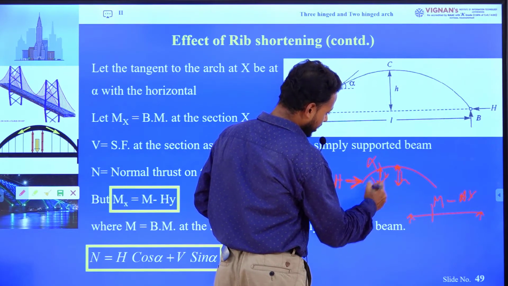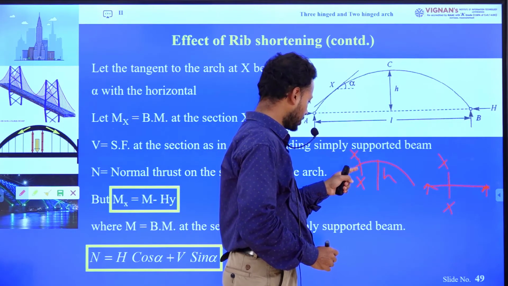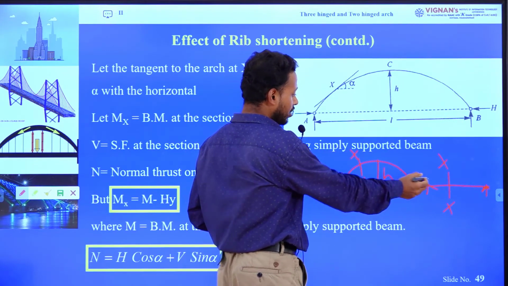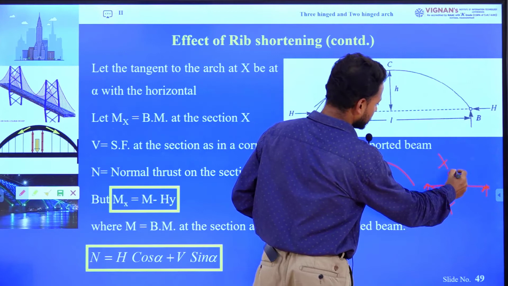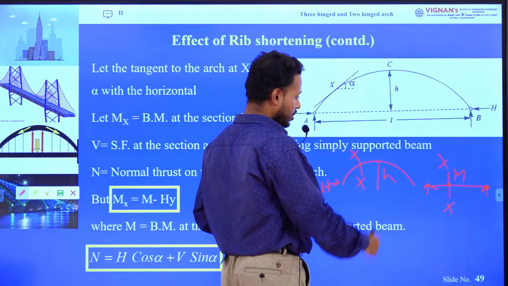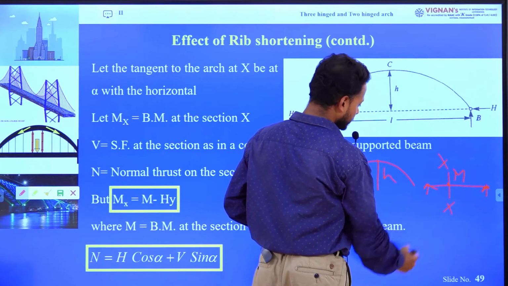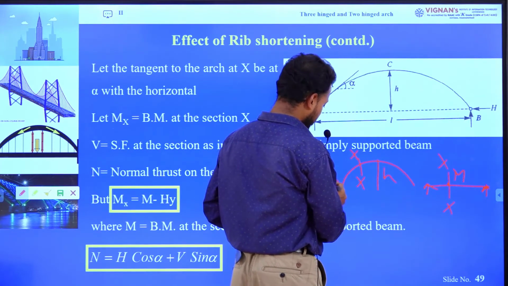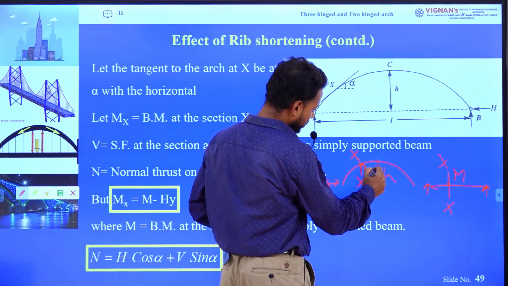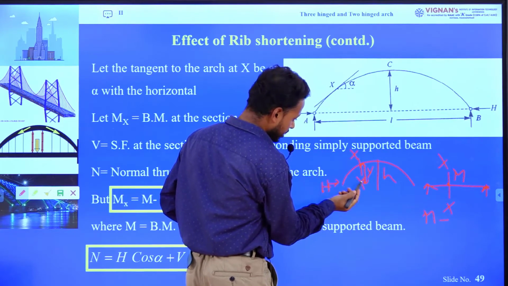If you want to calculate the bending moment at cross section X, it will be similar to a beam structure. Suppose this is the bending moment M at cross section X. If you calculate the bending moment of a beam at any cross section X, that is M, and if you deduct H into the ordinate at this point, y, that is M minus H into y,